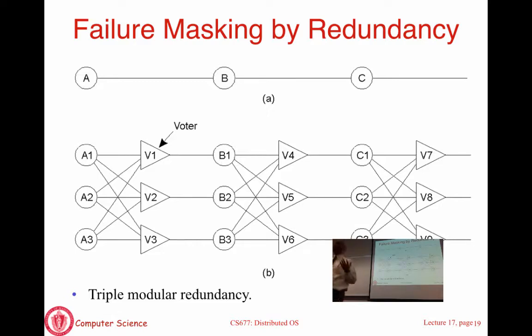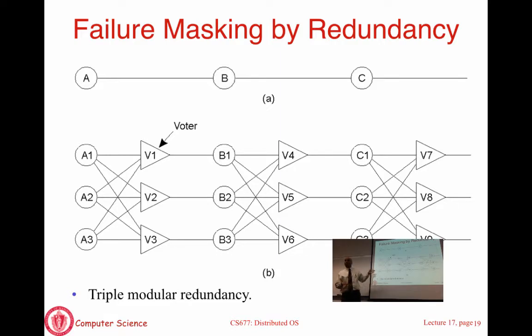Now having said that, it should be clear that if there are 2 failures per stage, you will still get bad output. This circuit can handle 1 failure. So you have to engineer your system to design for the maximum number of failures you want to tolerate. Anything more than that will still cause trouble. This can tolerate 1 failure; with 2 failures, you are in trouble. But that's okay. You designed it for 1 failure and that's what you care about. So this is called TMR, or triple modular redundancy.